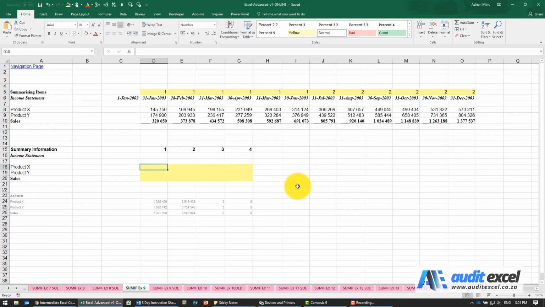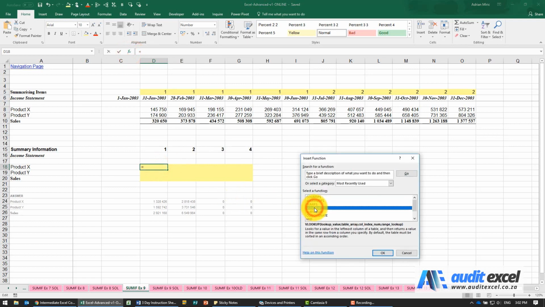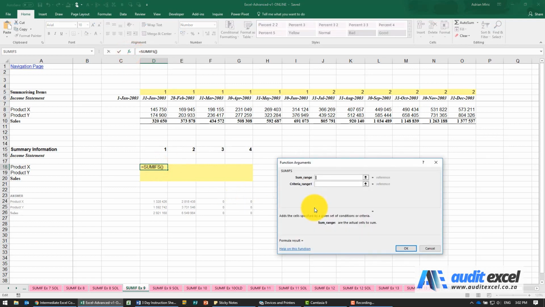The solution to this example, so we're going to have to use SUMIFS, because what we wanted to do is to look for the ones, so it'll find all of those, and then add up all of those. But if it's a 2, then it should add up all of those. So the function we're going to use is SUMIFS. The sum range, so we know that because we are on product X, it must look here. I'm going to put the dollar signs.